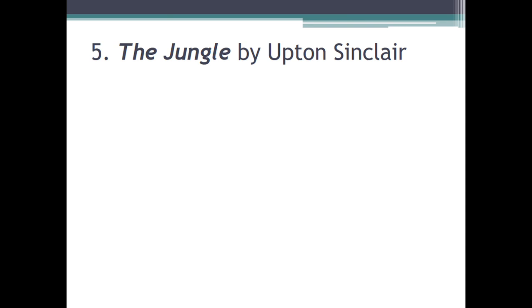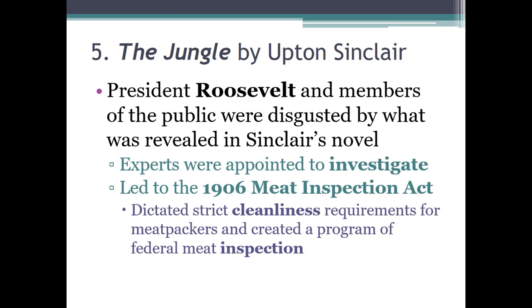Part B, I asked, how did the public and the president and Congress respond? Well, people demand investigations. And the president puts pressure on Congress to pass some laws. Once they investigate and find out much of this stuff was true, they pass a law called the Meat Inspection Act in 1906, the same year the book came out. And this says factories, you have to be clean, things have to be sanitary. We're going to send in people from the government to inspect what's going on there. And that kind of thing is still done because it's done to protect us. We want to make sure the food we eat is safe and clean.